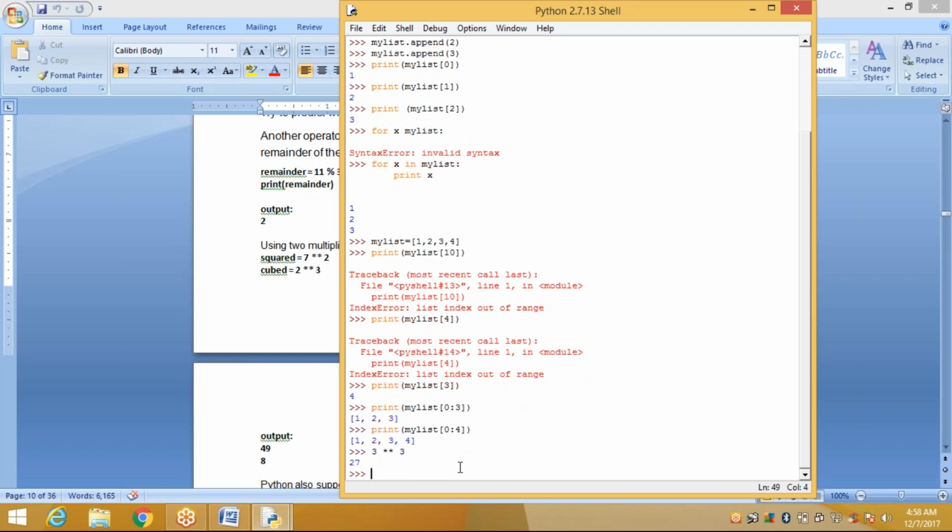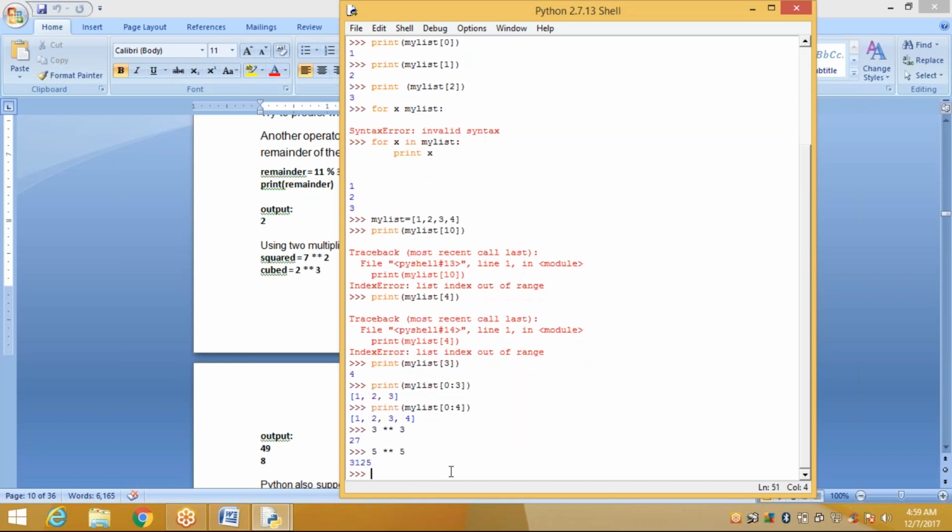Suppose 5 into 5 into 5 into 5 into 5: 5 into 5 is 25, 25 into 5 is 125, 125 into 5 is 625, and 625 into 5 is 3125. This is the power.